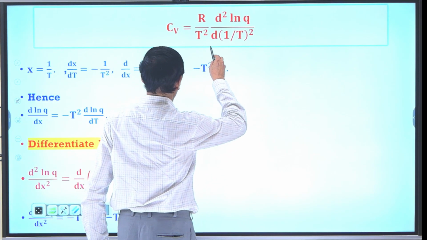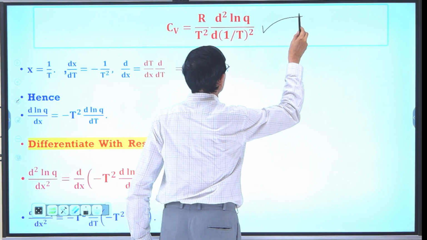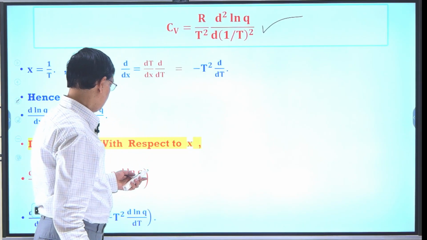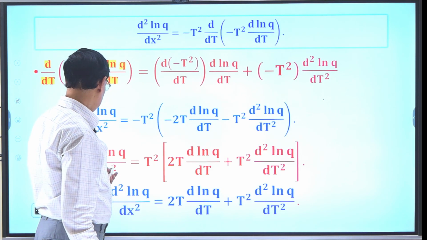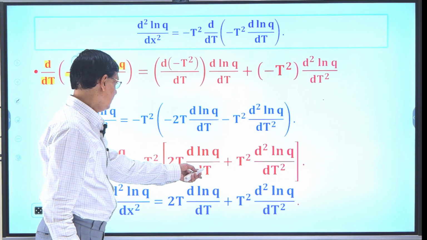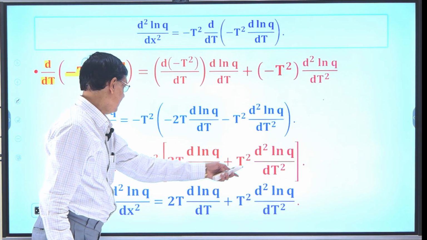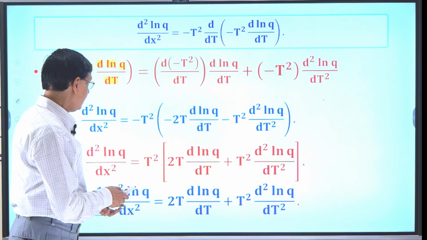Now from our main equation, I have to derive this formula. Which formula do we have to derive? This is our formula, t square 2t d plus t square, like that. So what I am doing,